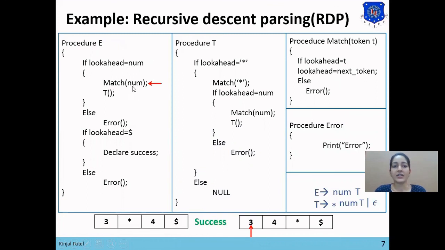Then the match number procedure will be called, so match with token number, which is 3. The match procedure with token 3 will be called, and in that the condition will be checked that if lookahead equals 3, so the condition is true. So lookahead equals next token means lookahead will be incremented by 1. So here you can see that now our lookahead is pointing to 4.